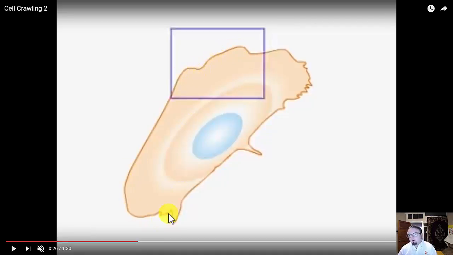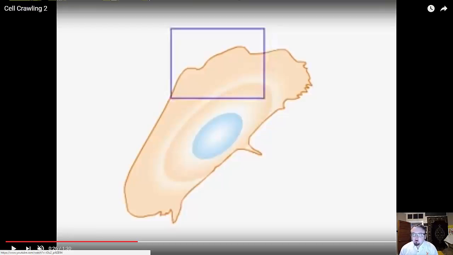We're going to push the membrane in one direction, and what that's actually going to do is move the cell in that direction. So it's going to push it in one direction by the actin filament extension, and then we're going to see the back half of the cell contract, and what we end up seeing is what's called cell crawling, in which the cell is pushed in one direction and then contracted, ultimately gliding it in one direction.